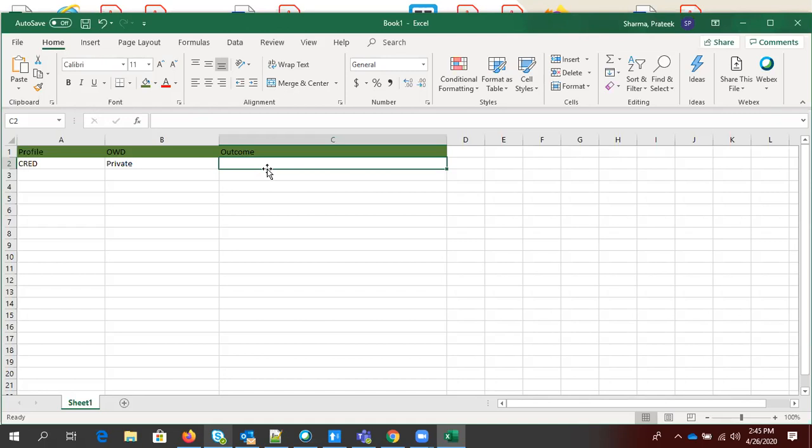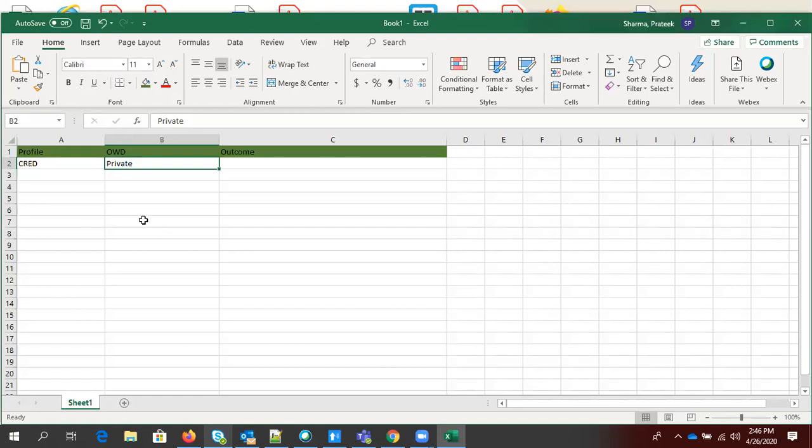Absolutely correct, guys. As OWD is private, you will only be able to see the data of which you have ownership, right? CRUD permission will only define what access you can have on an object. You can create a record, read the record, edit the record, delete the record, because these are all profile permissions. These four permissions allow you to create, read, edit and delete records on the account object. But OWD is private. It means you can only see...